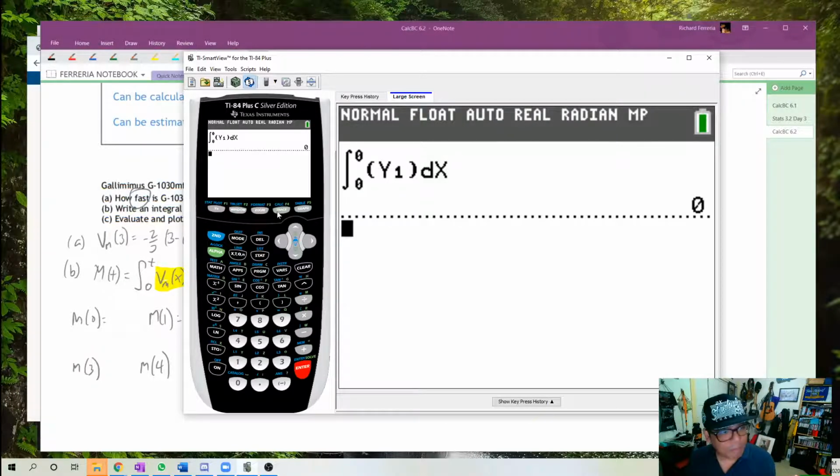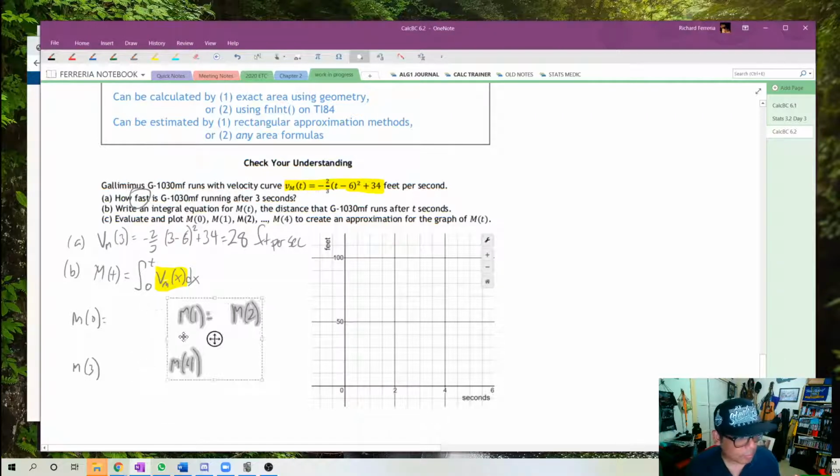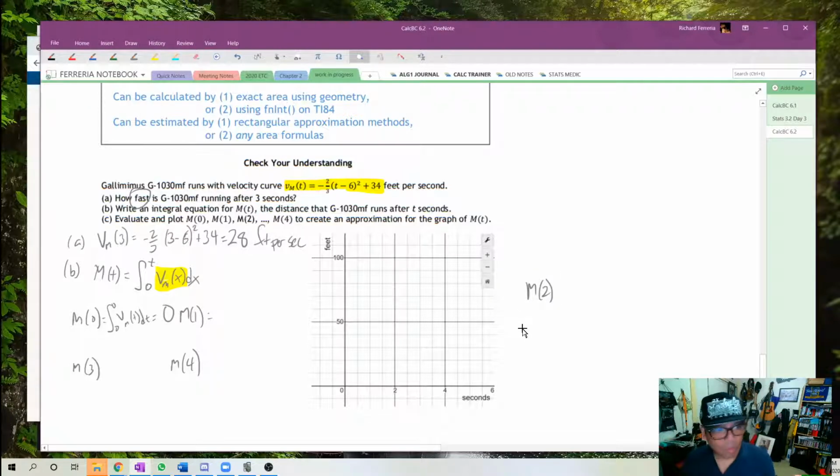So let's get back to the work. Actually, I'm going to be a little more thorough here. I'm going to say that m0 is the integral from 0 to 0 of Vm(t) dt, and that's equal to 0. Again, that's because there is no area between t equals 0 and t equals 0. Let's do m1. m1 is going to be the integral from 0 to 1